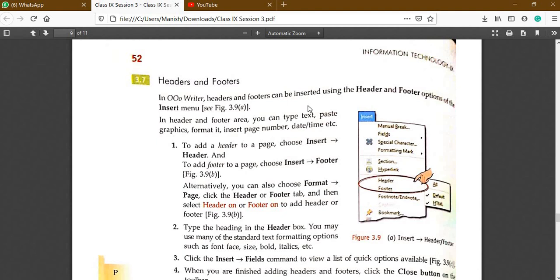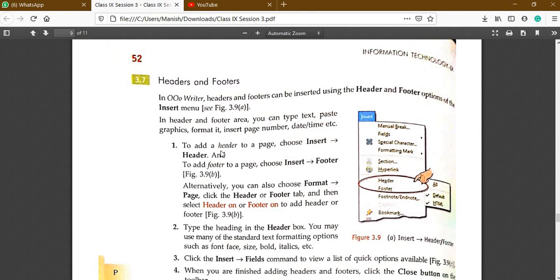And this header and footer, once we add it, will appear on all pages of the document automatically. This is the main feature and advantage of using it. Suppose you want to give a heading to your document. So you will type only once in a header section and it will get automatically repeated on every page.